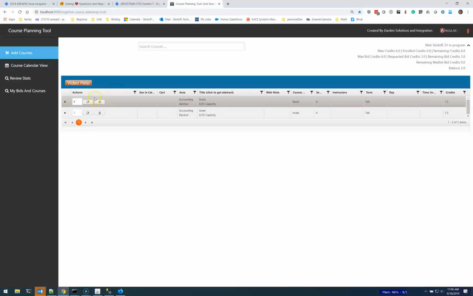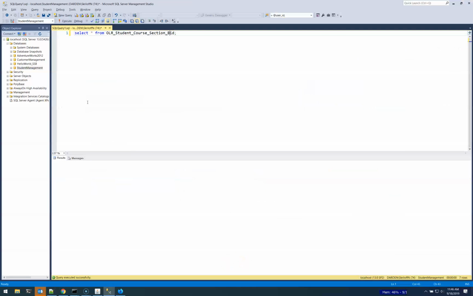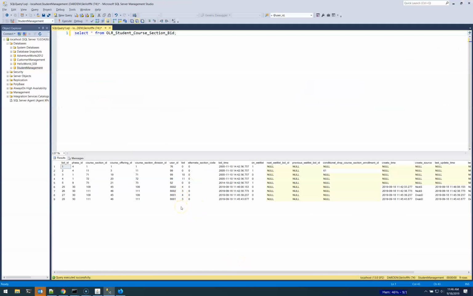before. And I update my bid right here, and now I come in and we went back to the table, we would see that we have 4 and 3, 4 and 3, right? And so they're correct. And now I'm at a point where I'm going to run resolution, right? Now, in this case, when resolution runs, because I've got a higher priority, I'm going to get both of my classes first before you. And even though we're both going to get in because there's 35 spots, I'll get those. And so I'll just go run it real quick, and you'll see that